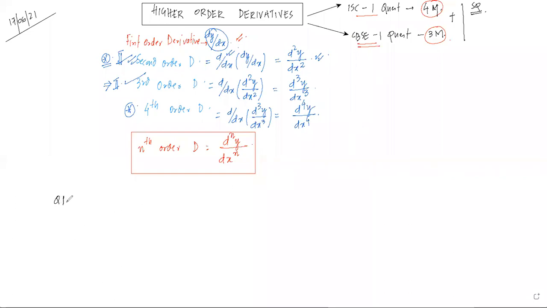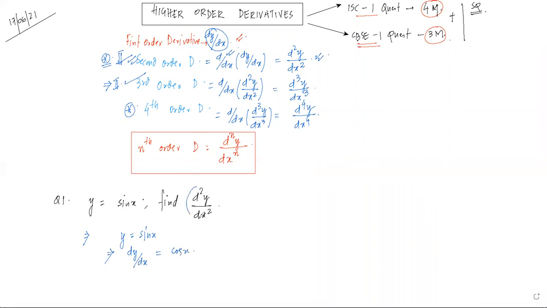For example, if I take question number 1, that y is equals to sine x, and we have been asked to find the second order derivative, that is d2y by dx2. So logic is very simple. Whatever derivative we have understood, ये उसी का applied problem है. So the given function is y is equal to sine x. If we differentiate it the first time, left hand side becomes dy by dx and the right hand side becomes cos x. We know that.